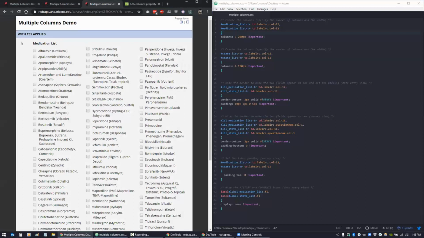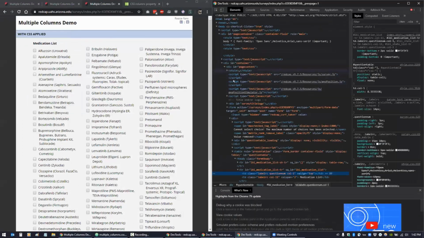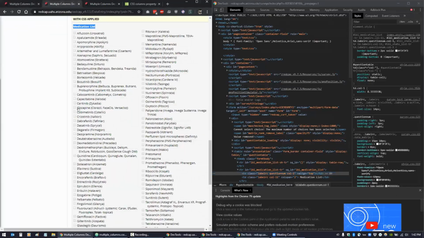So the survey view is a little different because it has 2 boxes. You'll see here that there's a little box on the left, which is the column for the question numbers, and then for the label. Whereas in the design view, we don't have a question number, so we just have the label. So you have to have a rule